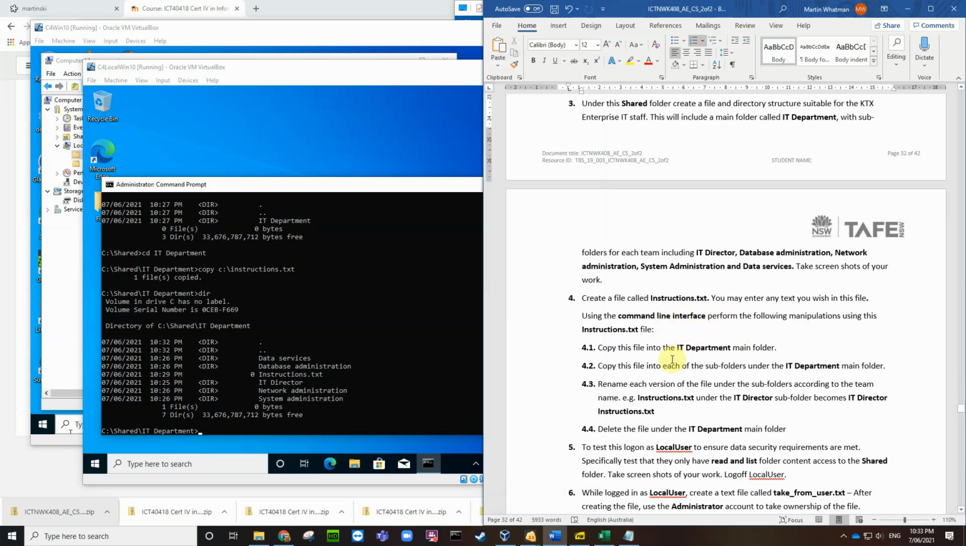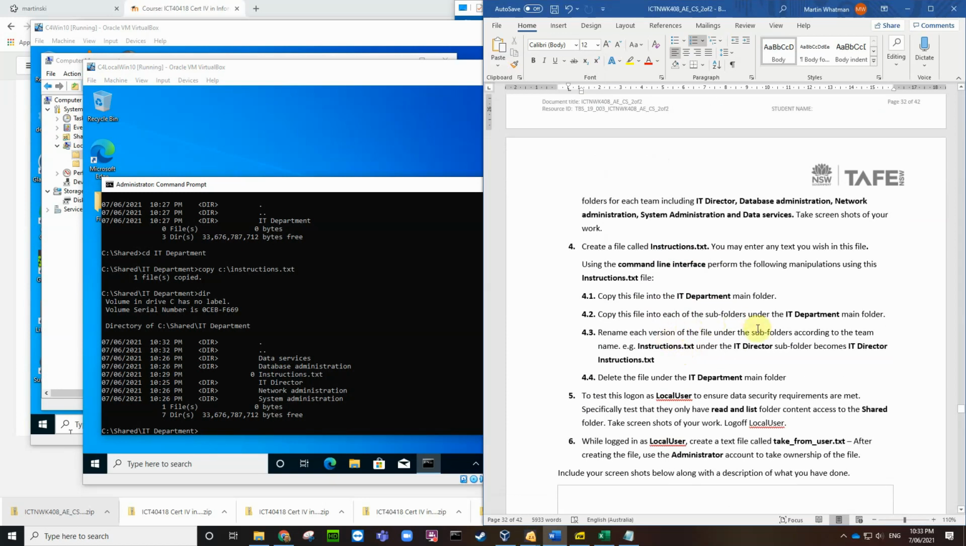Using the command perform the following manipulations, copy this file into each of the subfolders. Yeah, because it says use the command line. Okay. Copy this file into each of the subfolders under the IT department main folder. Rename each version of the file under the subfolder according to the team name. Instructions.txt under the IT subfolder becomes the IT director instructions.txt. Okay, so